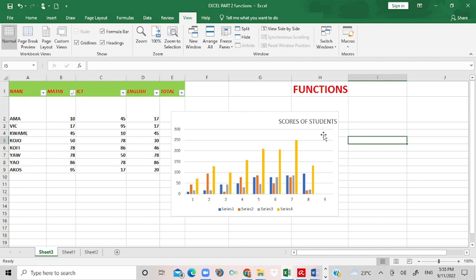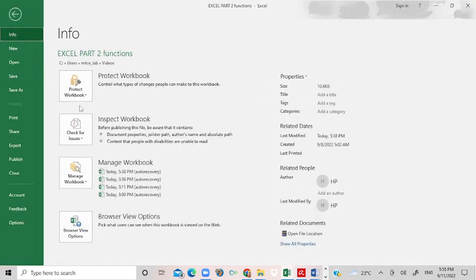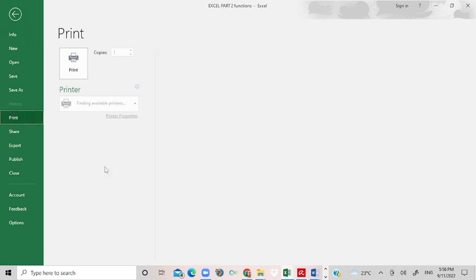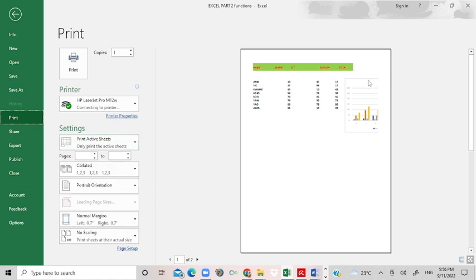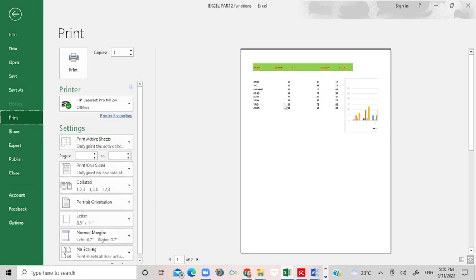All right. Then at the end of the day, you can save. Remember, you click on the file. The file tab will take you to the backstage view. We did this. You come to save as. You click, you give a name. Then if you also want to print, you click on print. Okay. If you click on print, you see the printed area will be seen. Okay, this is what is shown. Meaning if I